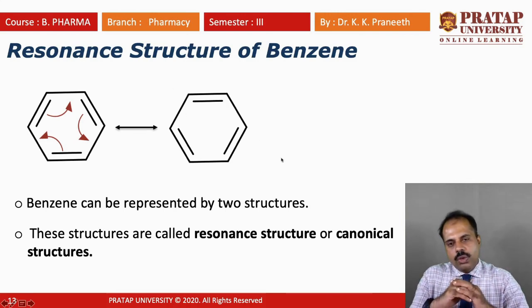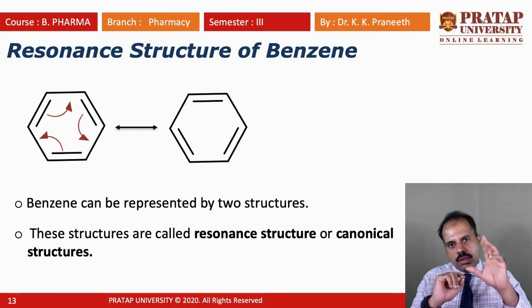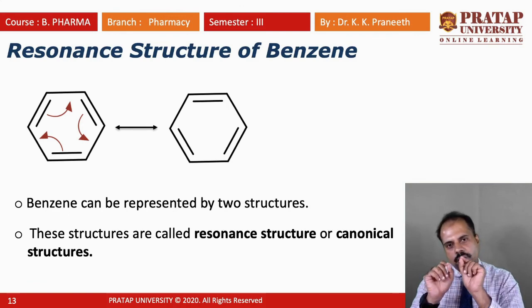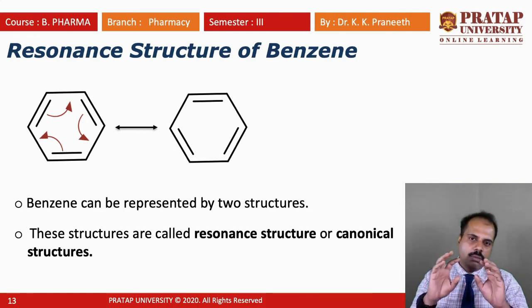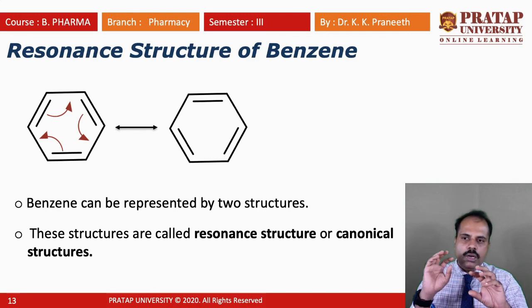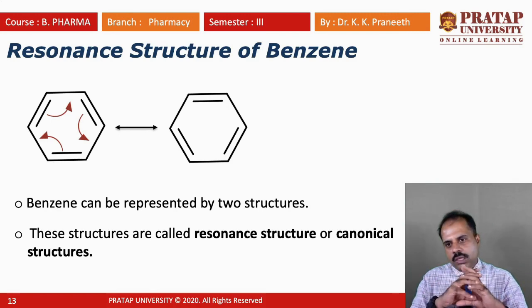So now we know how the benzene structure is created through orbital overlap of carbon and hydrogen, and how the double bond is created. The double bond is created by the sidewise overlap of the pz orbital, and the sigma bond is created by direct overlap of the sp2 hybridized orbital between carbons, and the sp2 hybridized orbital with the 1s orbital of hydrogen. We also saw the resonance structure of benzene.